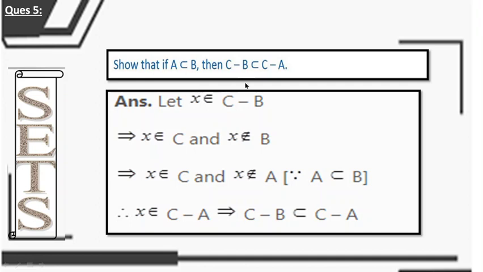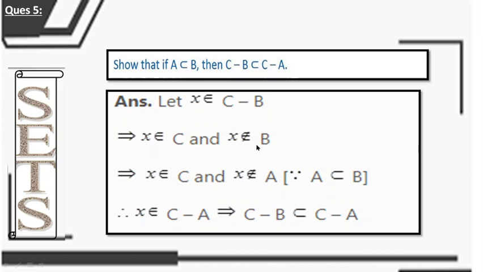And where we have to prove this is not the element or this is not the subset, we can take any one example to deny the thing. But wherever we have to prove something, it's better to prove generally by taking some element x. So let's take x which belongs to C minus B. If it belongs to C minus B, we have to subtract all the elements of B from C. So if x belongs to C minus B, it means x belongs to C but does not belong to B.